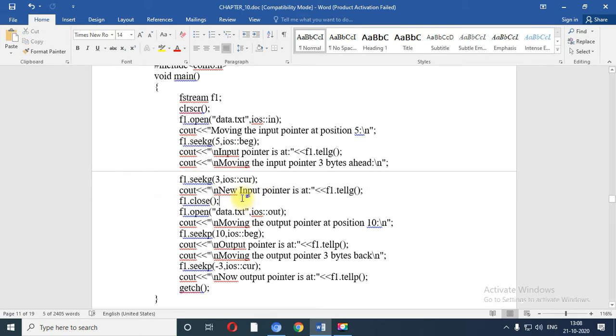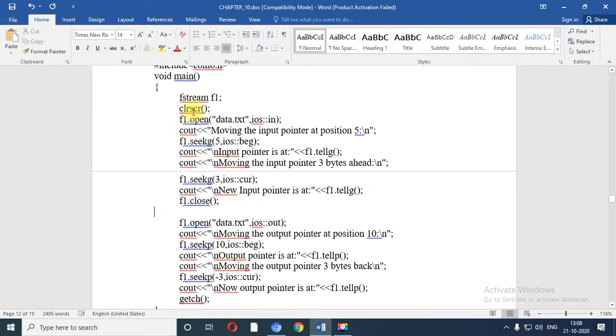Let me repeat this code once again. I am going to open one file called data.txt. I have opened my file in input mode, so I can use two functions, seekg and tellg. Seekg sets the pointer position to the specified location.